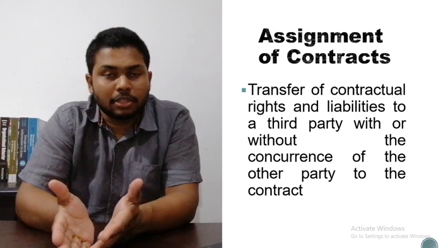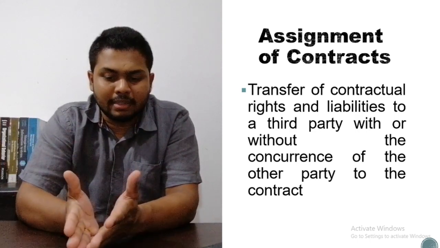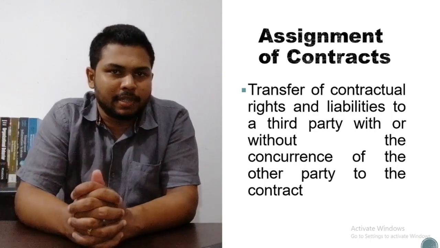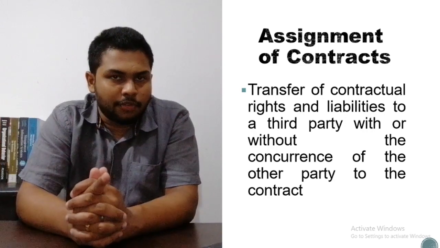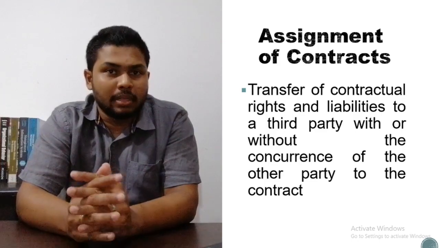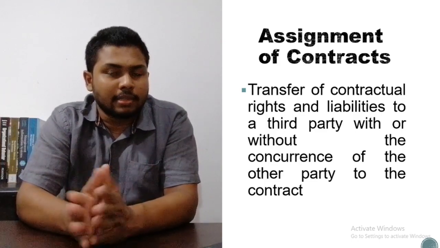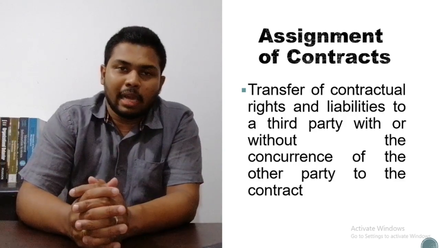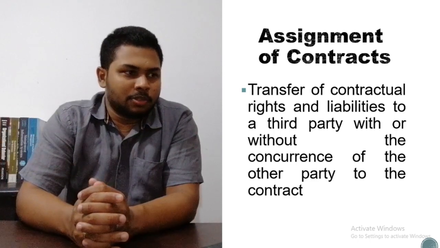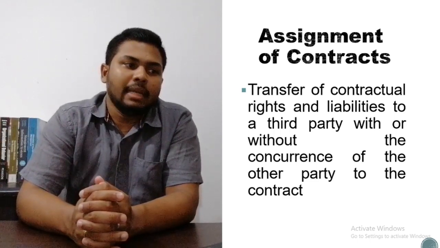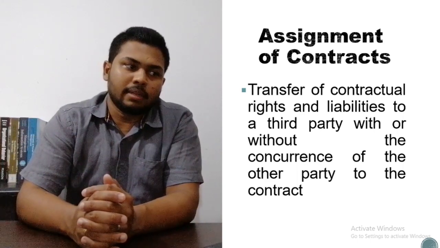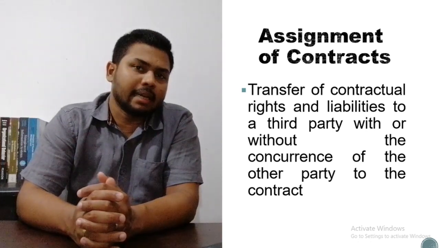See, so that is assuming duties, or let's take an example of assigning some of the duties and responsibilities of a person. But be careful. If you are bound by the law as a promisor, there are some circumstances where you can assign your responsibility or liability, but of course, not in all circumstances. Okay. So transfer of contractual rights and liabilities to a third party with or without the concurrence of the other party to the contract is known as